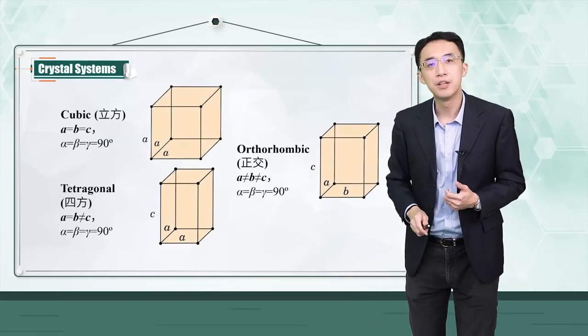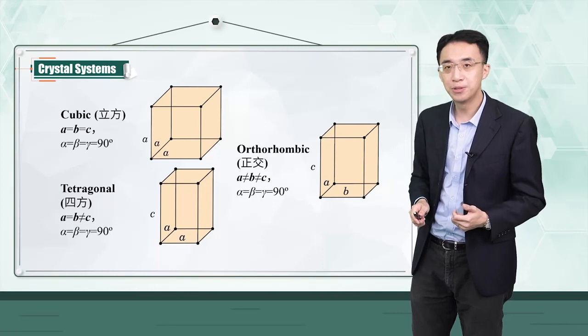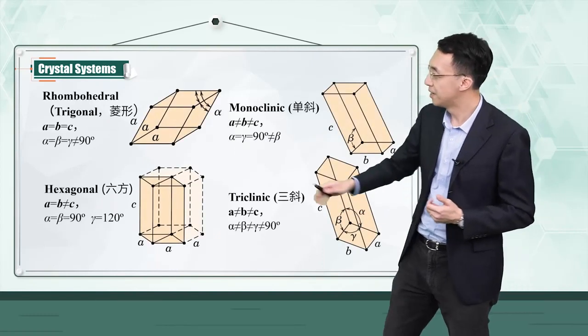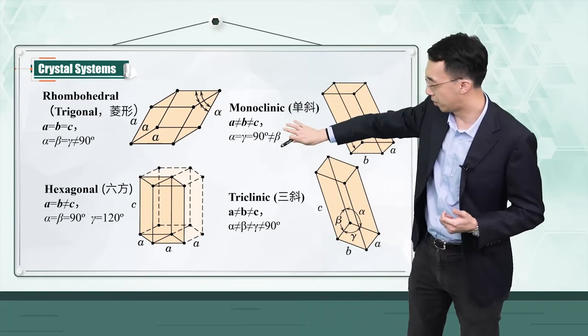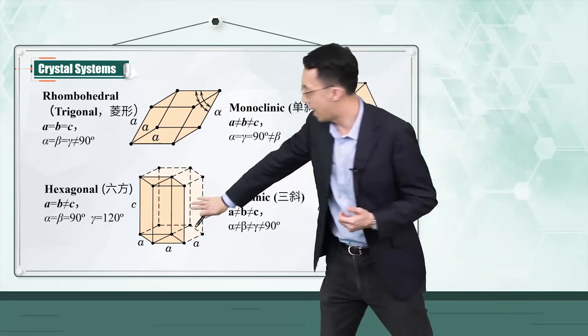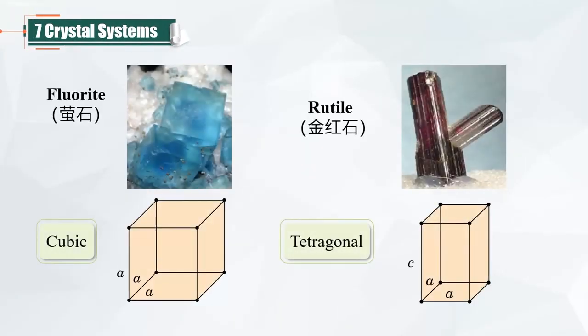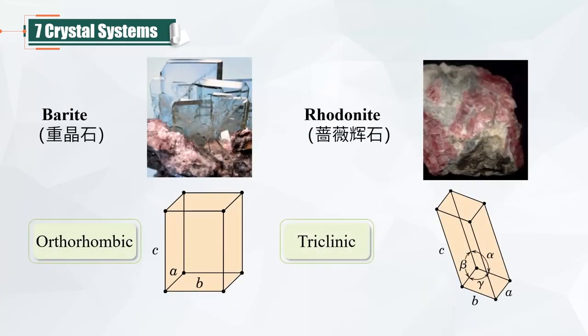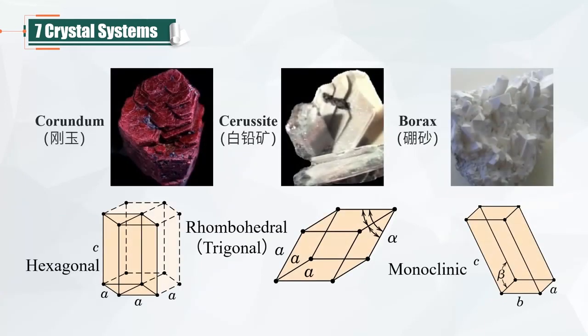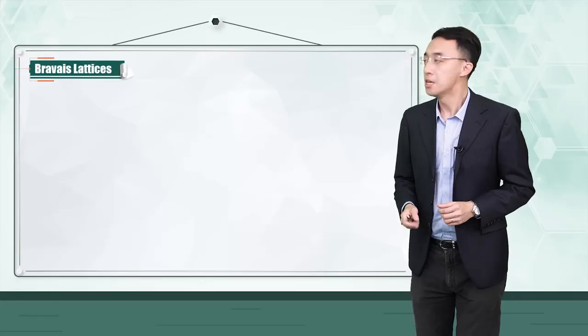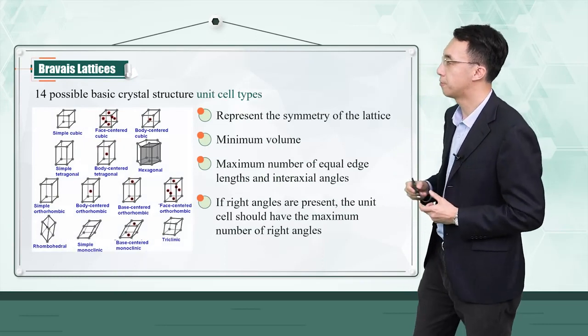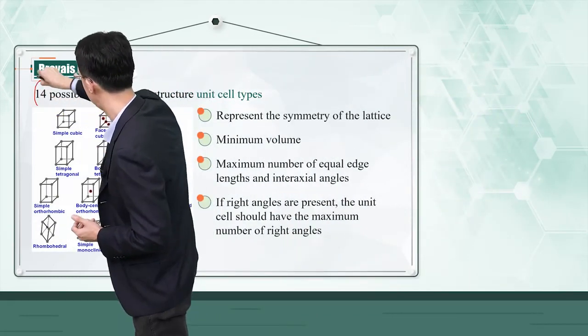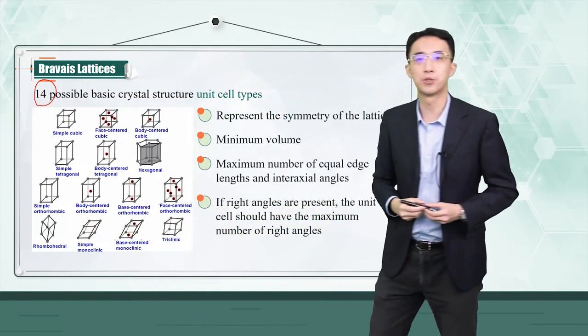And in particular, they are cubic, tetragonal, orthorhombic, rhombohedral, monoclinic, triclinic, and hexagonal. Okay, so all these 7 crystal systems are found in real minerals. For example, fluorite, rutile, barite, rhodonite, and etc. The 7 crystal systems can be further divided into 14 possible basic crystal structural units or